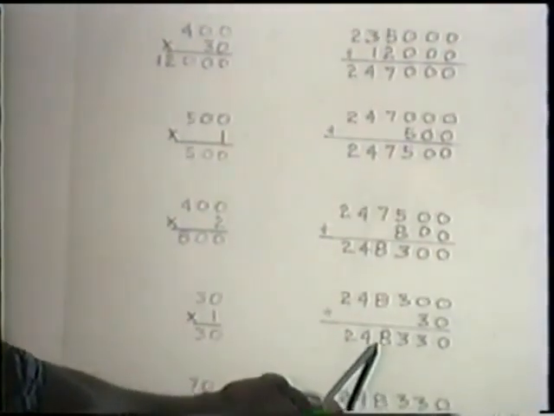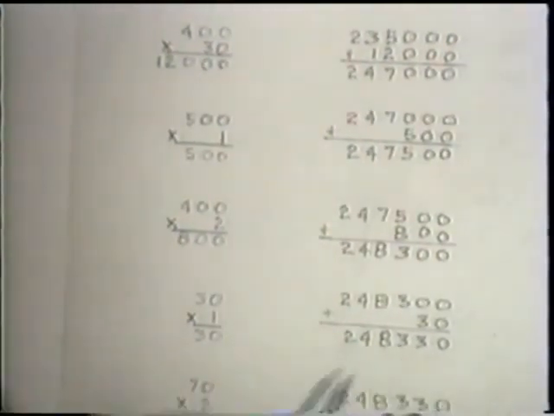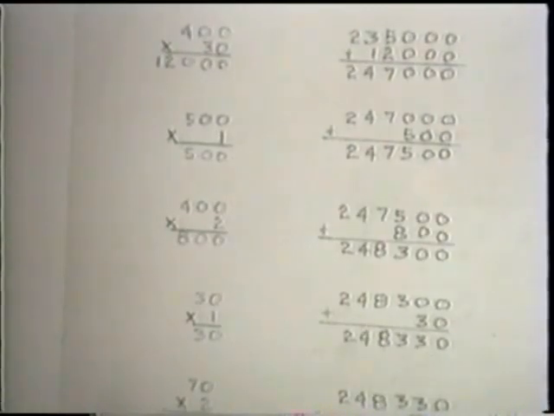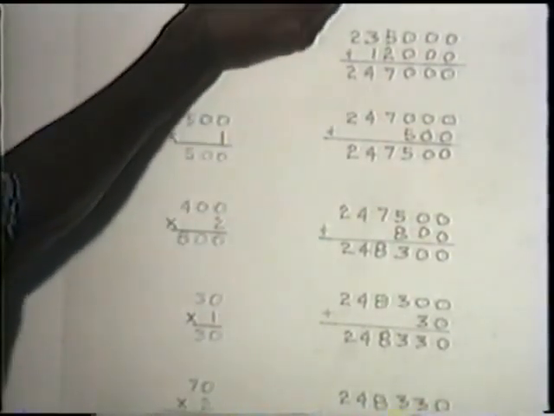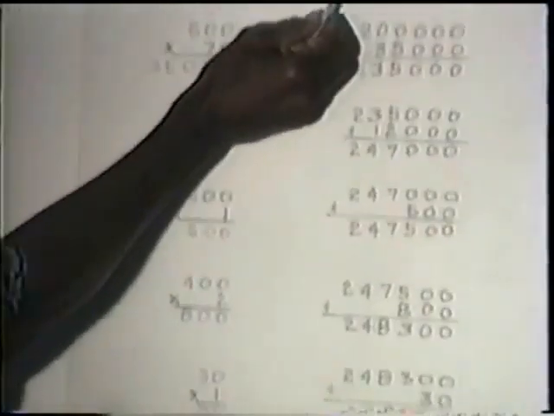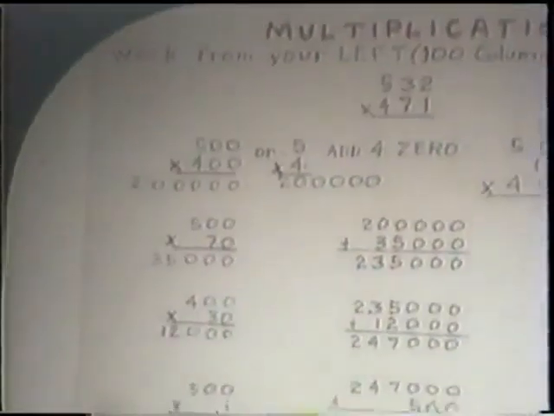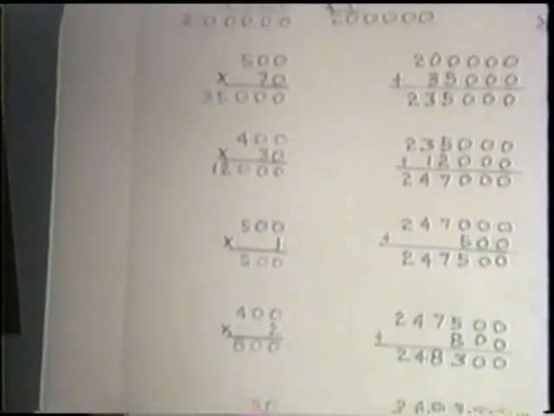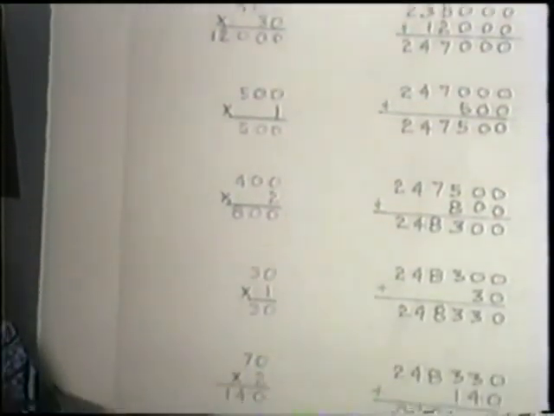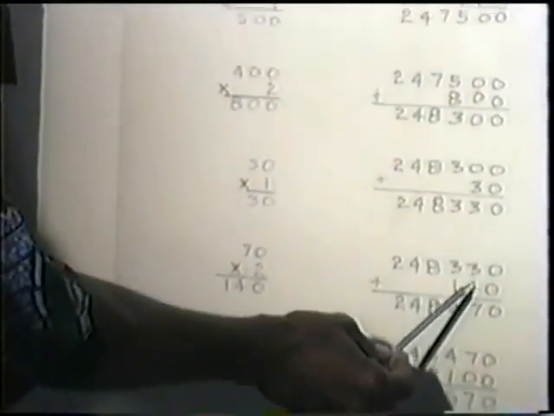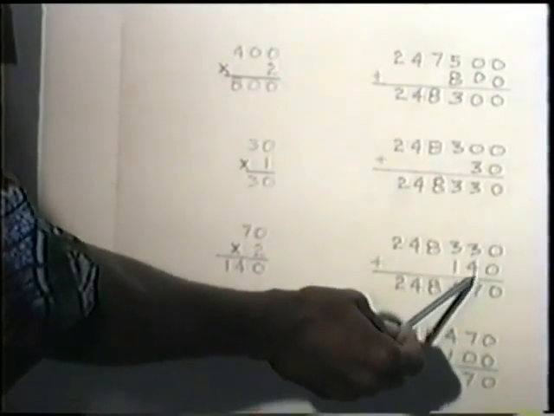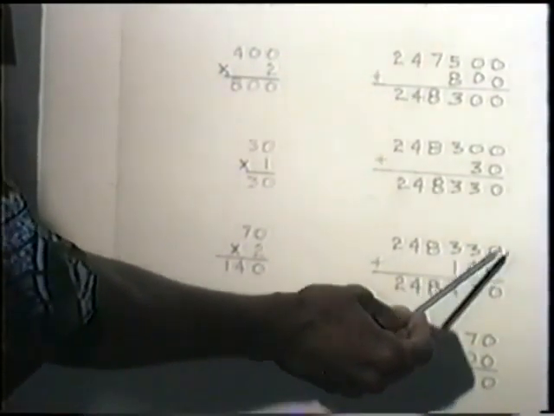1 times 30, and we get 30, and we add that to the 248,330. Now we multiply 2 times 70. This 2 times the 70 right in there. 2 times 70 gives us 140. That gives us 248,000 plus the 140 added to the 330 gives us